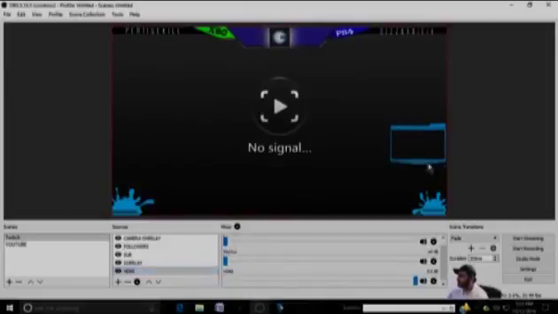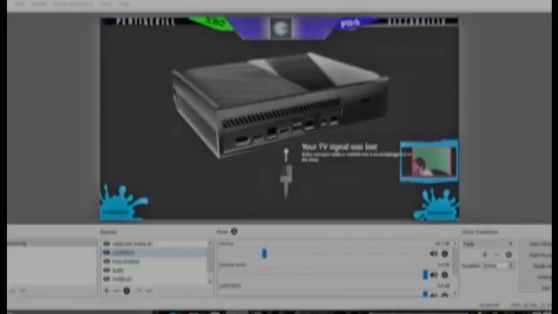Alright guys, so now that you are comfortable and you like the way that you're streaming, your OBS is looking the way that you want to present yourself to the world and on Twitch or on twitch.tv. So now I'm going to show you how it looks when you stream it to